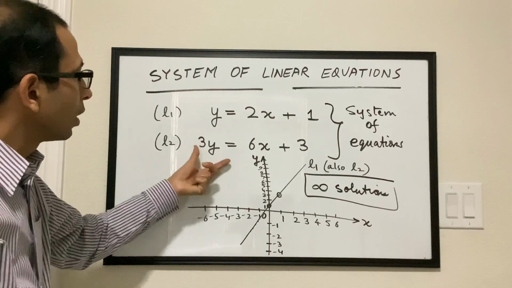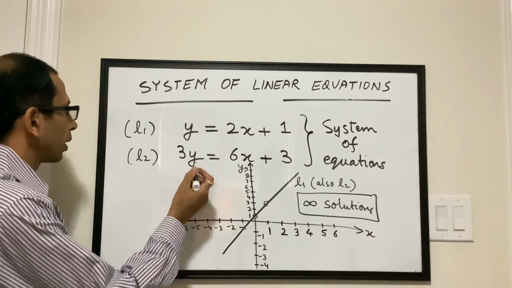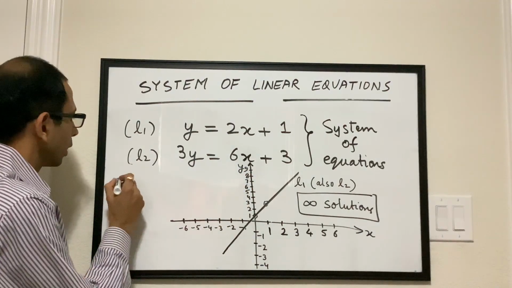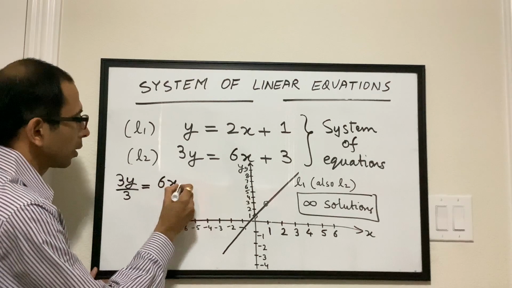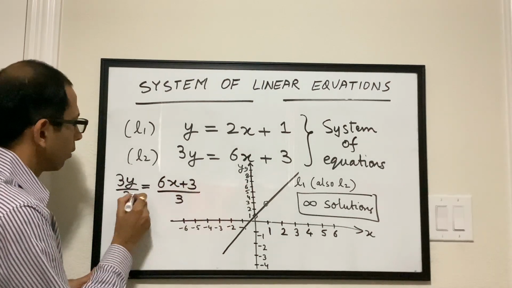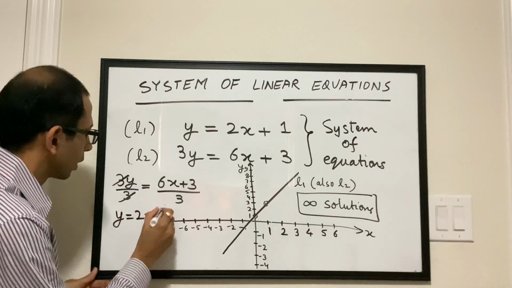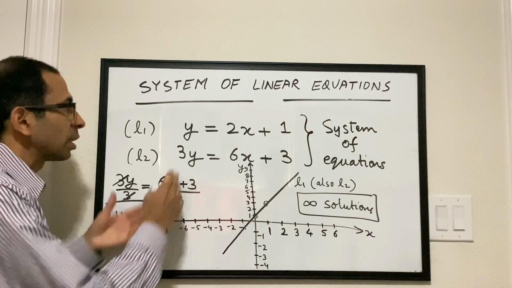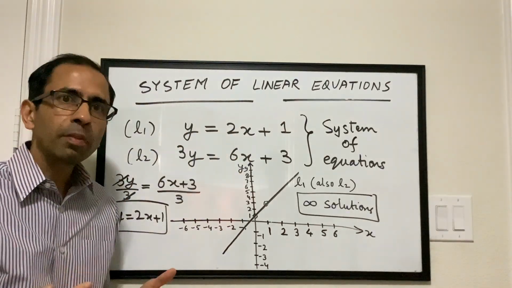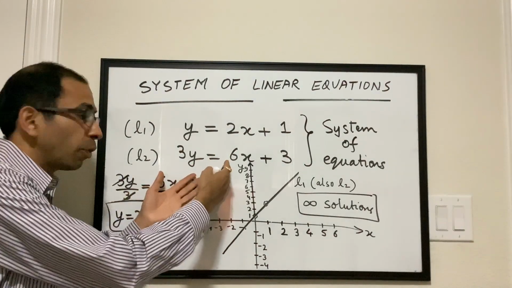Now, if we really look at line L2 a little more closely, and let's say we divide L2 on both sides by 3. So 3y divided by 3 is equal to 6x plus 3 divided by 3, which essentially gives us y equals 2x plus 1. So we do see that line L2 is nothing but essentially the same as line L1. Even if at first glance line L2 might look different to us, when we simplify it,